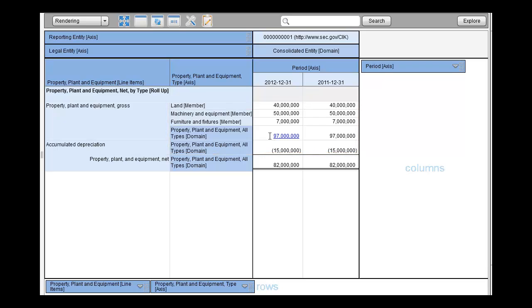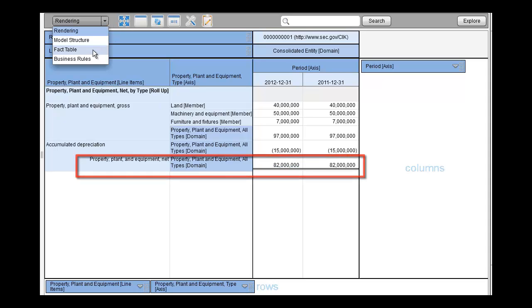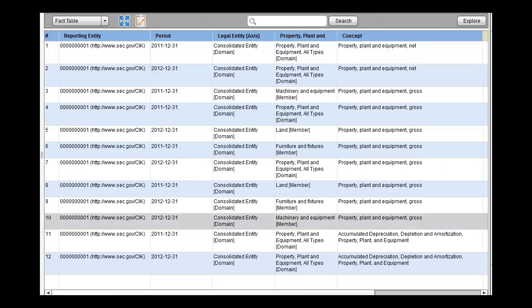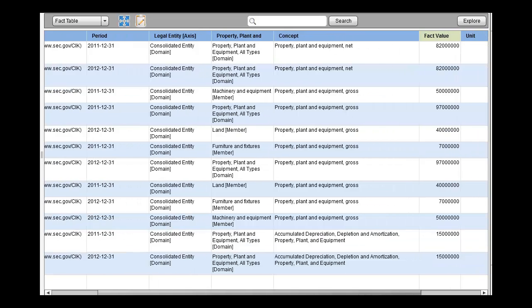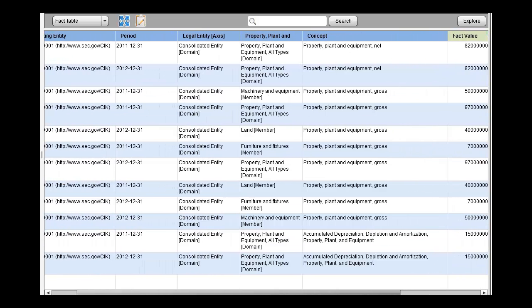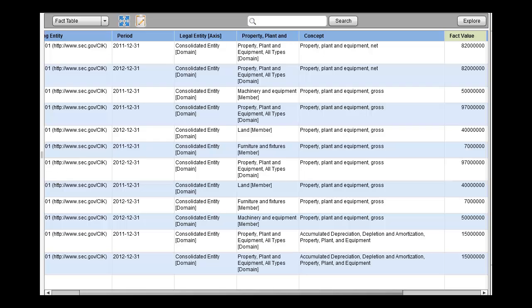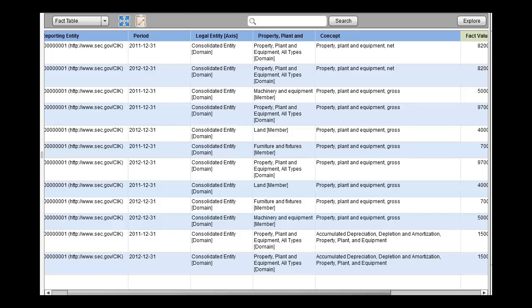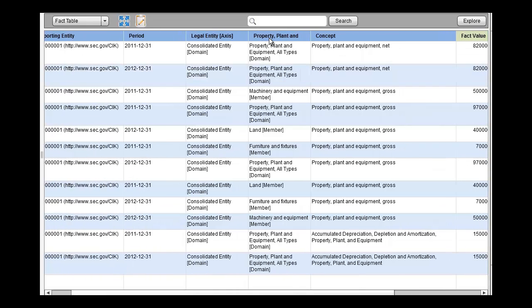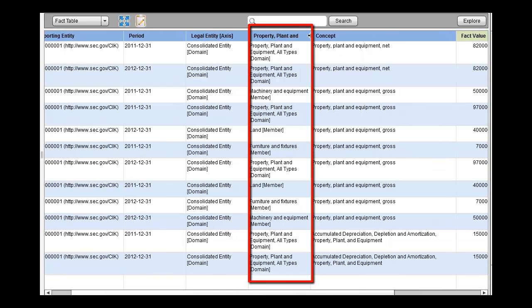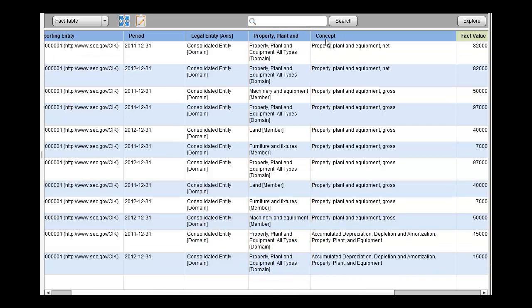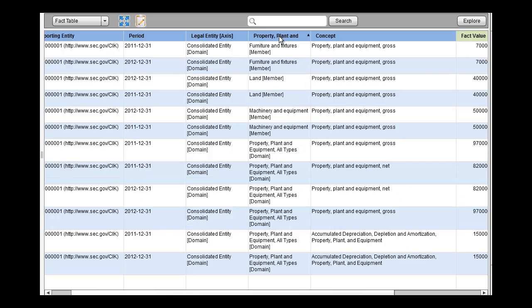There's the net amount, the gross amount, accumulated depreciation, and then the net amount. So there's the fact table for that table. And here you can see all the facts, and there's another column in this fact table for the property, plant, and equipment